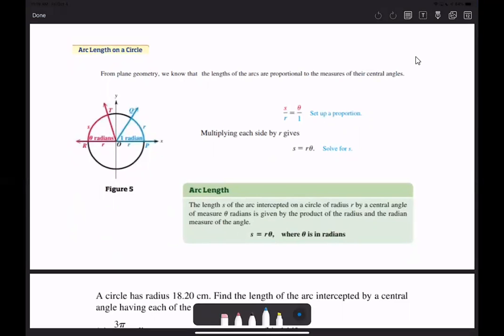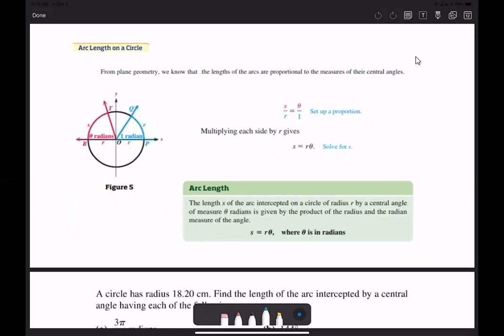and our radius is r, and then we're going to let the angle that's formed by the two radii that intercepts that arc be in radians. Setting up a proportion, we end up getting this equation, S equals R theta, where S is the arc length, R is the radius, and theta in radians is the angle that is formed. So we will use this formula here to determine arc length and other parts of a problem depending on what's